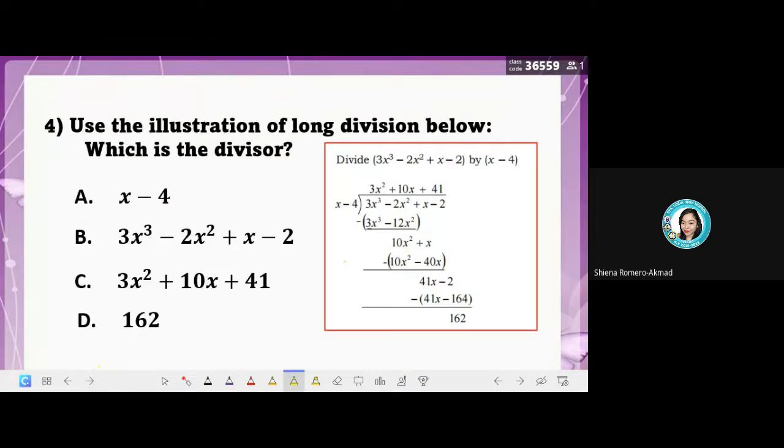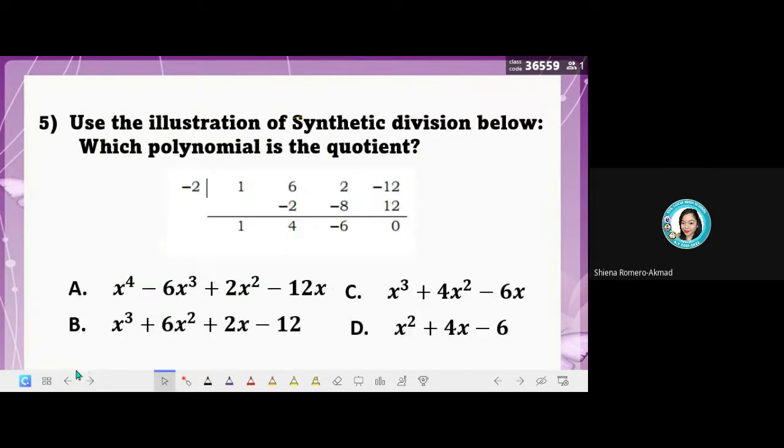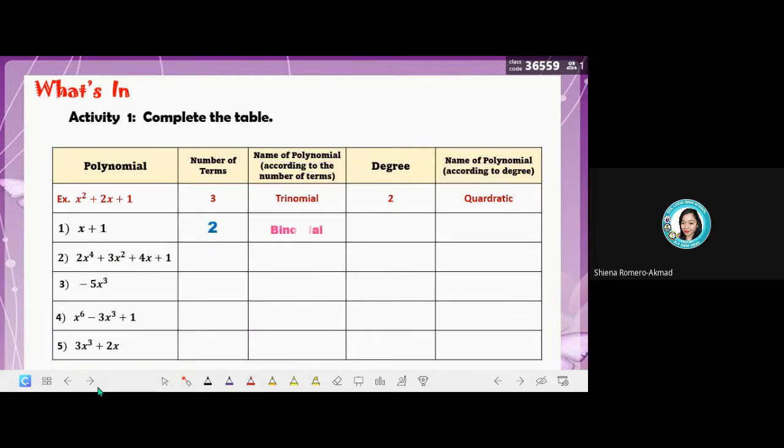How about here? We are asked which of the following is a divisor. So, alin kaya yung divisor natin? Is it A, B, C, or D? What will be our divisor, Garcia? A po, ma'am. A. Correct. That is x minus 4. Ayan. So, bago tayo mag-synthetic division, let's have first yung mga examples ng